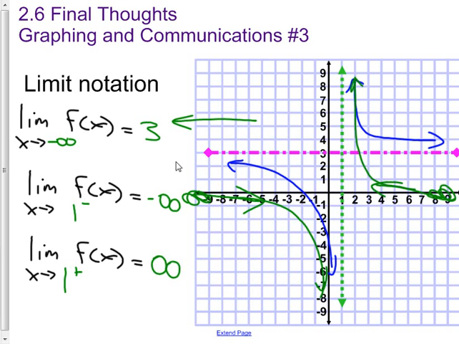Good. Then you get the basics of limits. All right. What